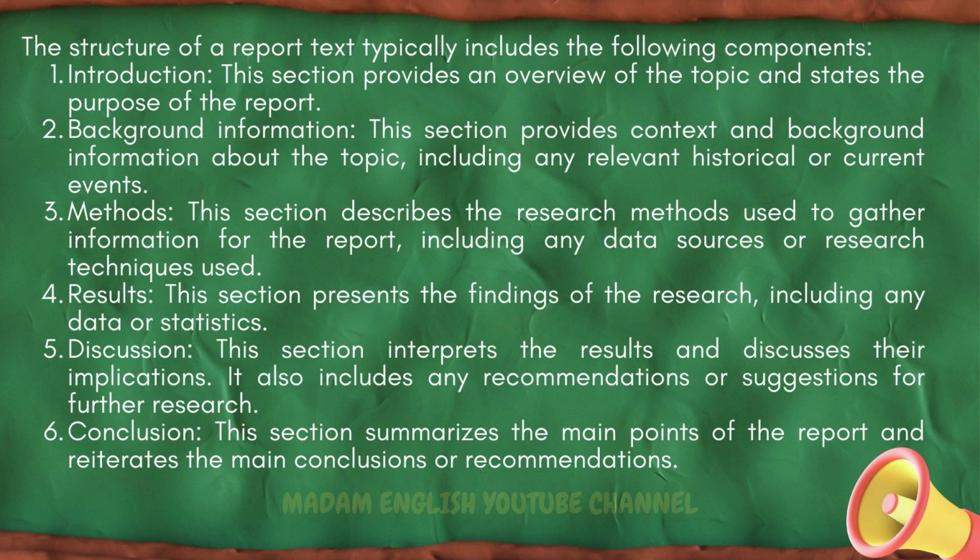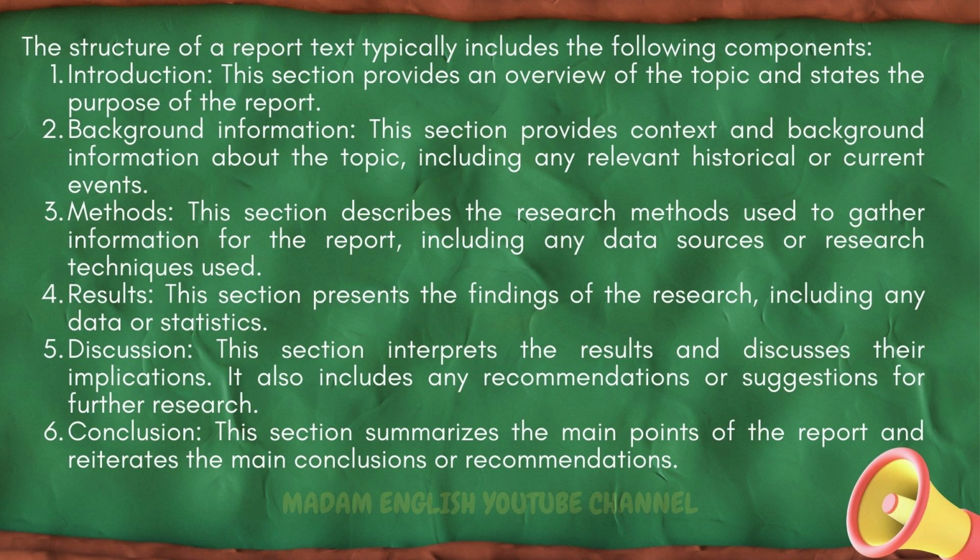The structure of a report text typically includes the following components. 1. Introduction. This section provides an overview of the topic and states the purpose of the report. 2. Background information. This section provides context and background information about the topic, including any relevant historical or current events. 3. Methods. This section describes the research methods used to gather information for the report, including any data sources or